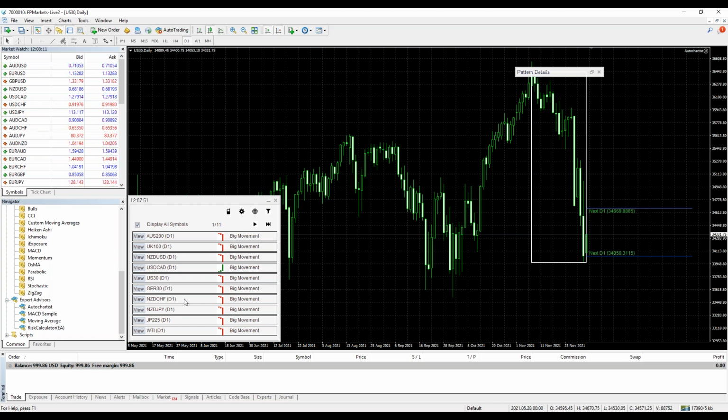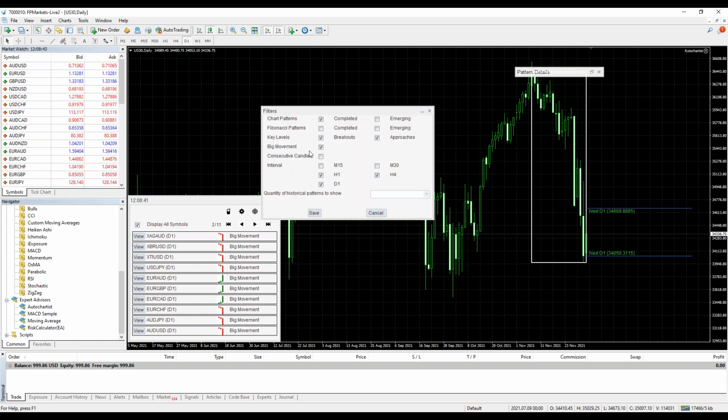Typically when the US market drops, you know what they say: when the US market gets a cough, the rest of the world's markets get a cold, right? And you can see that this is going on here. The US is going down, Germany is going down, Japan is going down, a lot of red all over the place. There are a lot of these big movements happening at the moment,